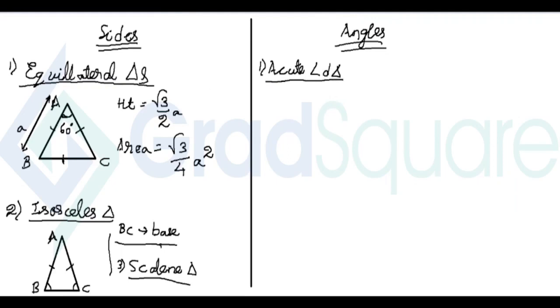That's all that you need to know about this type of triangle. And when I say acute angle, acute means any angle which is less than 90 degrees. So when all three angles of a triangle are less than 90 degrees, then that kind of triangle is called an acute angle triangle. Second type of triangle